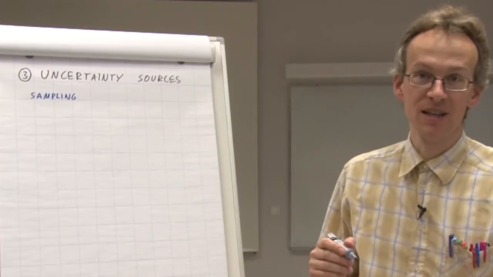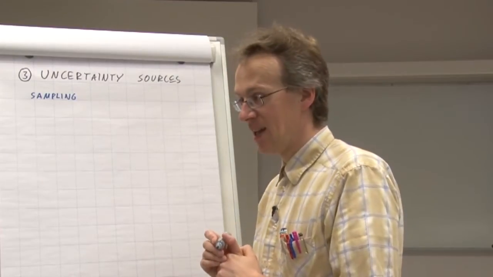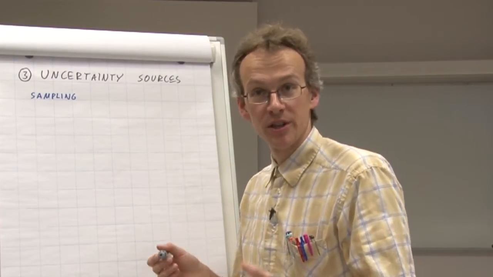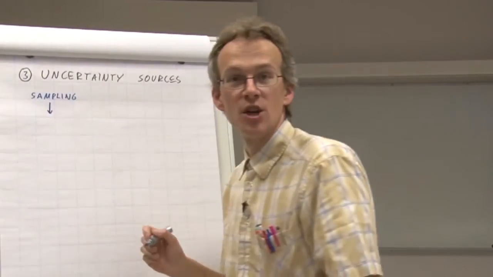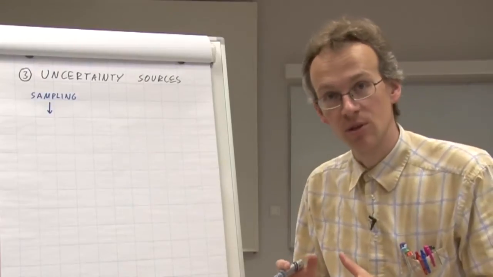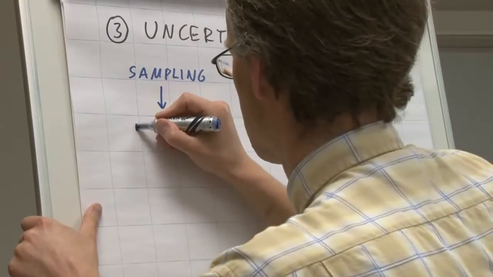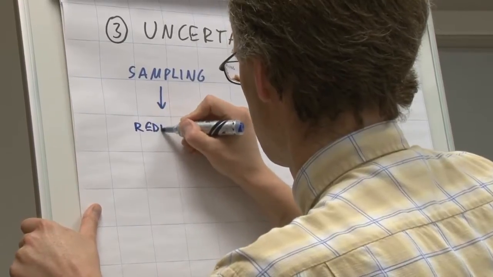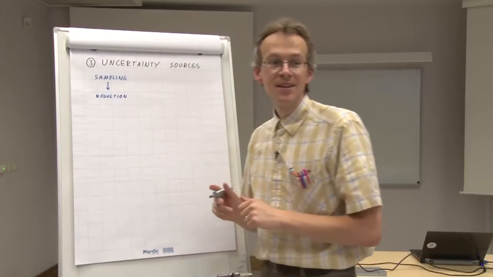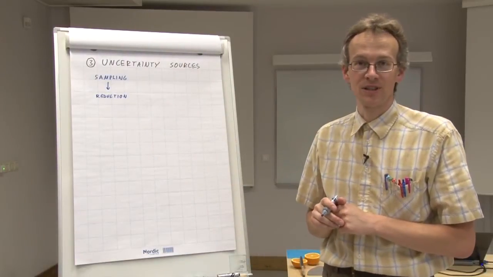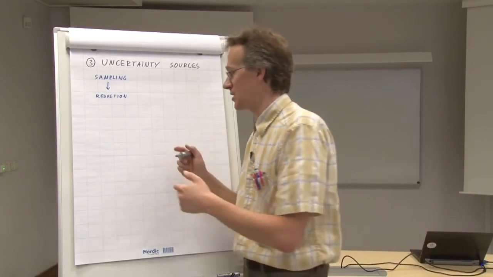When the sample is taken, then the sample is brought to the laboratory, and depending on its nature, it is usually reduced in size because initial samples can be very large. And then different operations are done, and as we've already seen in the case of orange, we then usually need to